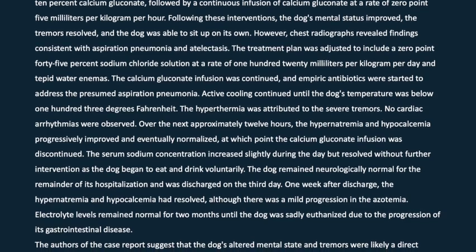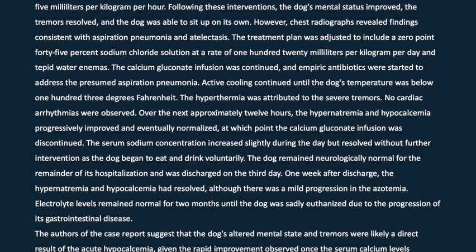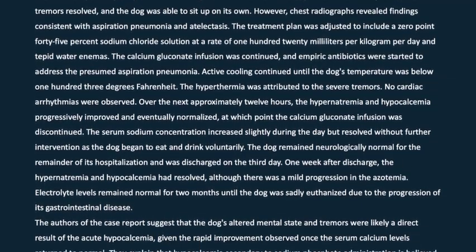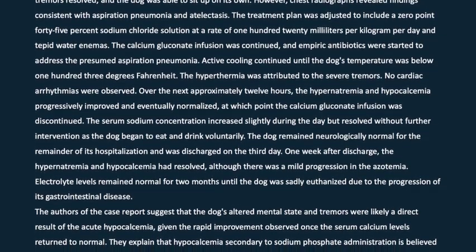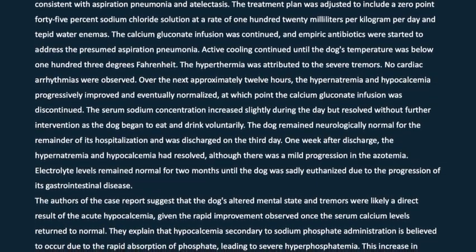Active cooling continued until the dog's temperature was below 103 degrees Fahrenheit. The hyperthermia was attributed to the severe tremors. No cardiac arrhythmias were observed. Over the next approximately 12 hours, the hypernatremia and hypocalcemia progressively improved and eventually normalized, at which point the calcium